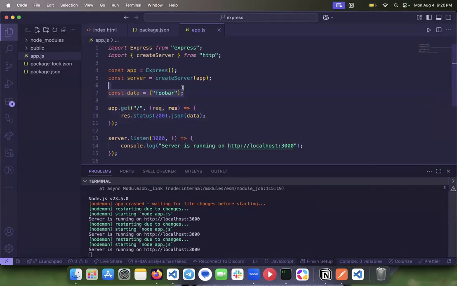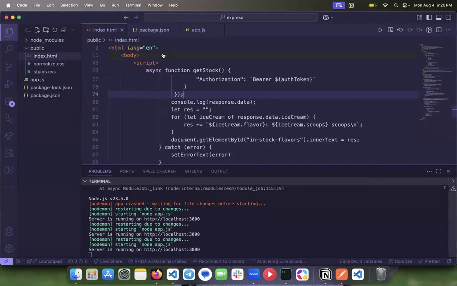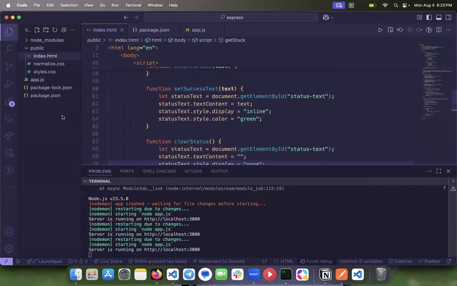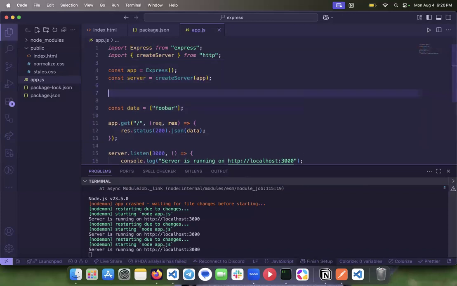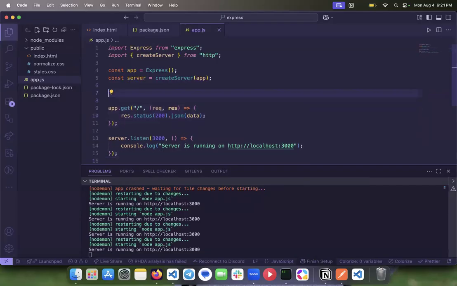All right. So we have our Express server right now. It doesn't do anything super exciting. We're going to make a small little ice cream shop, which is what this front end does. But before we do that, let's make sure that we can actually get to our front end so we can test whether our ice cream shop is going to work or not. The way that we want to do this, instead of this default route here, we're going to say